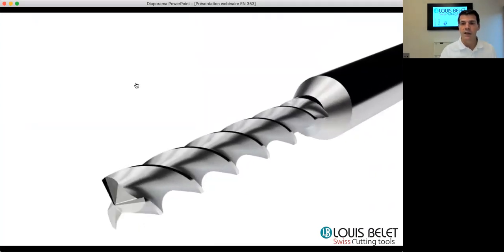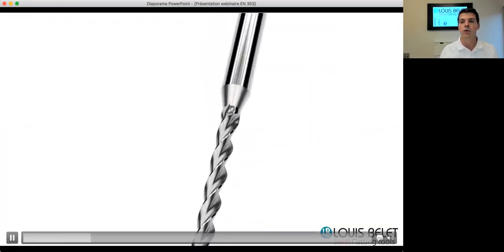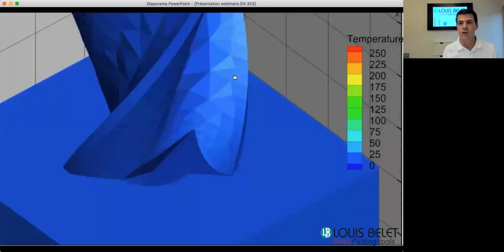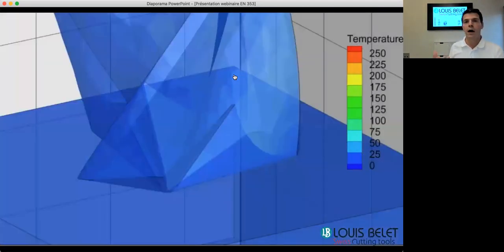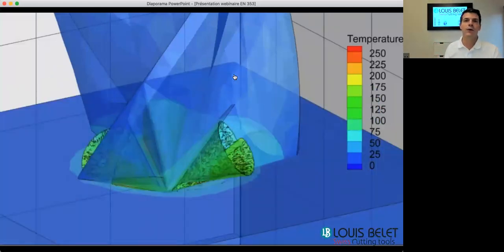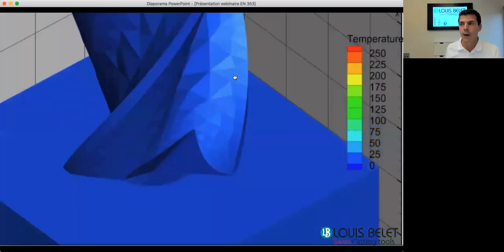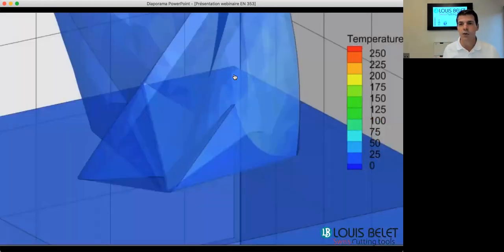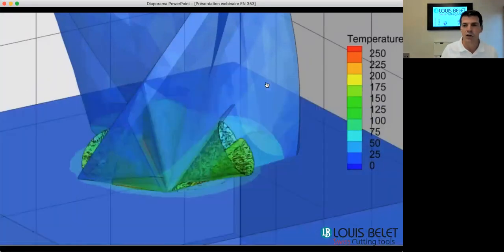Some time ago, or recently let's say, we acquired here at Louis Bélet a new simulation software. This simulation software allows us to use finite elements and define how a tool geometry acts in different materials. As I said, this tool was developed some time ago already, but we wanted to be sure that the geometry was optimal. So we did the simulation, and as you can see on your screen, on the animation,